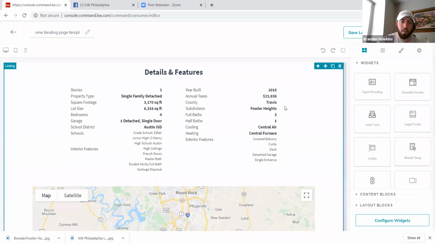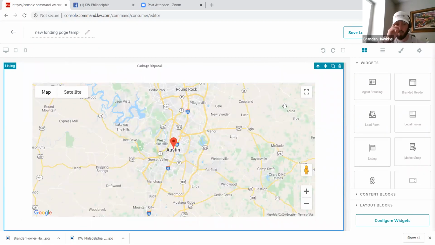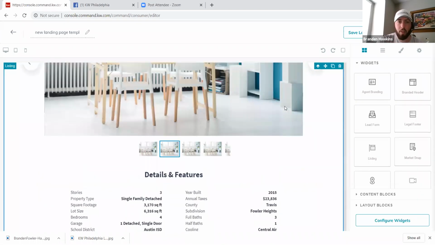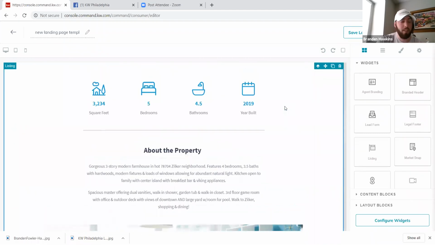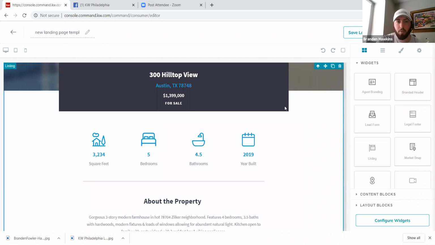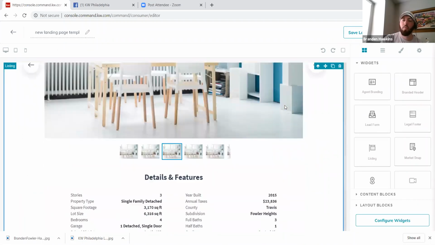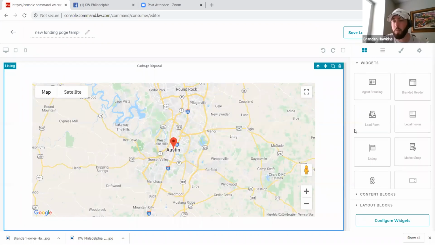Key details of the listing and also a map as to where the listing is. Obviously, this one that automates is in Austin, and I've thought about this a lot when I'm doing these things. And this listing, if it's real, gets so much views. This is like the most viewed listing on the planet. But let's say you want to go one better, and you want to put in